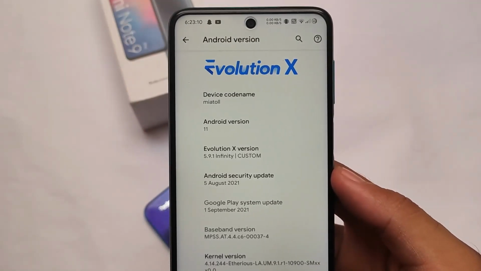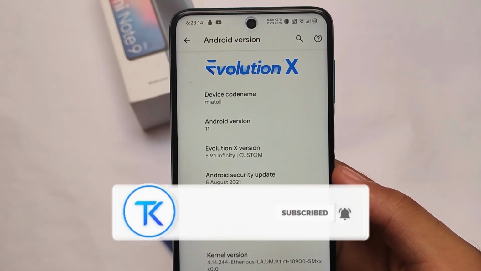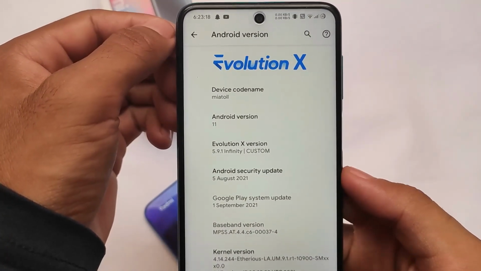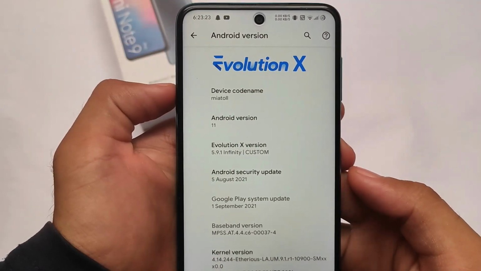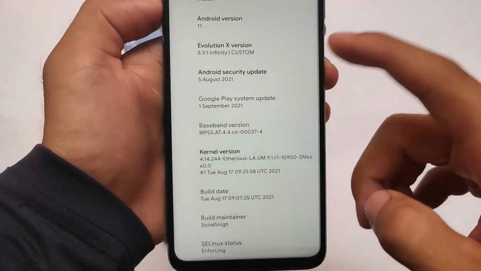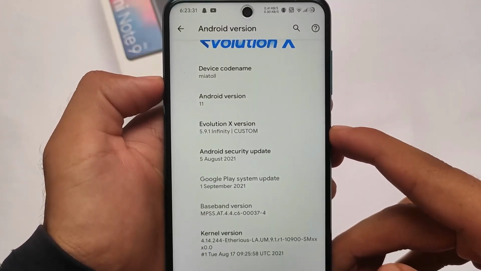Evolution X OS is one of the best custom ROMs out there for many devices. The Evolution X Custom Edition is what we have installed on our Redmi Note 9 Pro. It's a mere tool build, so it can be installed on Redmi Note 9s, Redmi Note 9 Pro, Redmi Note 9 Pro Max and Poco M2 Pro. All of these devices are supported, and this is the Evolution X Custom Edition 5.9.1 Infinity,